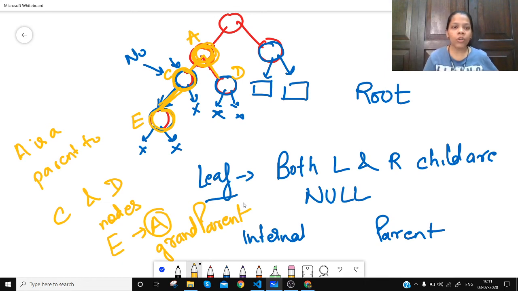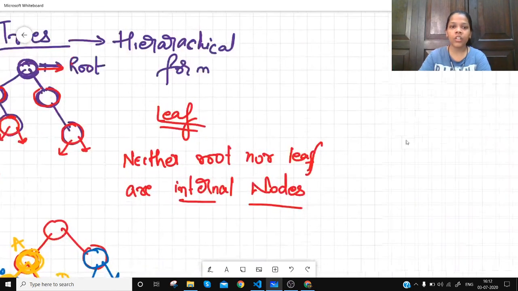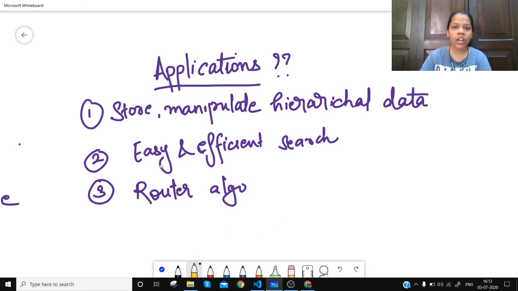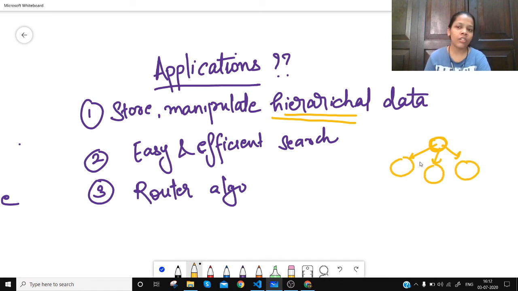Now we'll see the applications of the tree data structure, because we need to understand why we are actually studying this topic. I've written it for you. As we have already discussed, it is used for storing hierarchical data. Hierarchical means like in an office scenario, we have a boss with some subordinates under him, like tech leads. Suppose this is the company's founder.